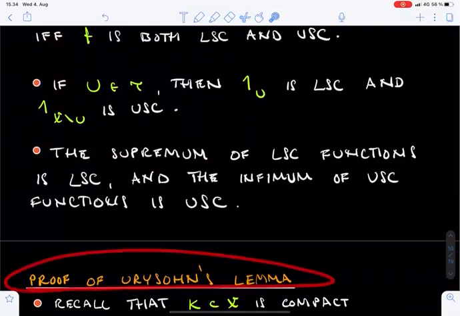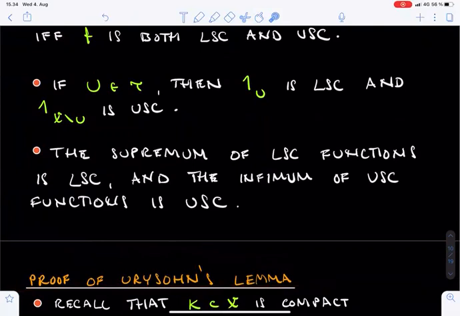Now we are fully prepared to prove Urysohn's lemma, but we postpone the argument to the next lecture. This completes the first preliminary lecture on the